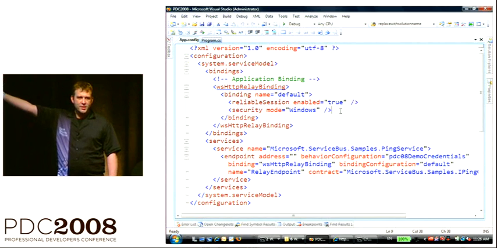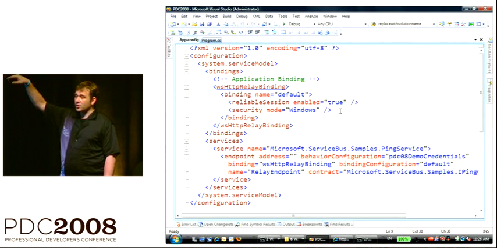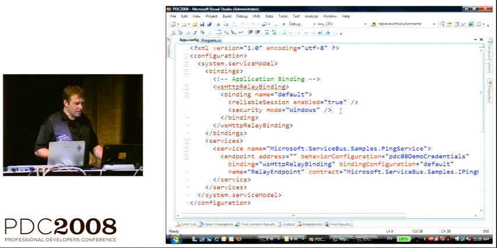You would usually use our federation support that's in the access control service to actually secure that connection and use it that way. But you can use transport security, you can use message security, and you can use all the options that are there.